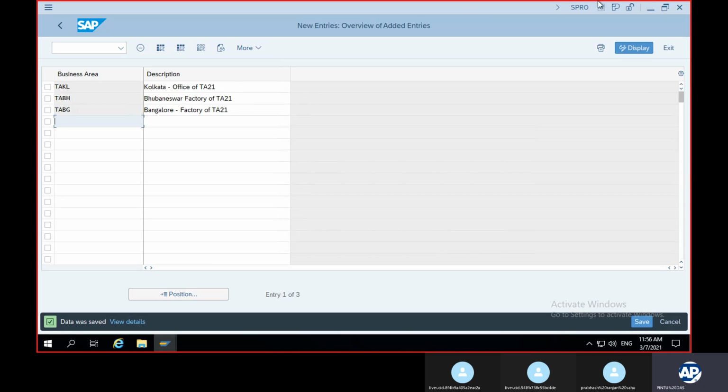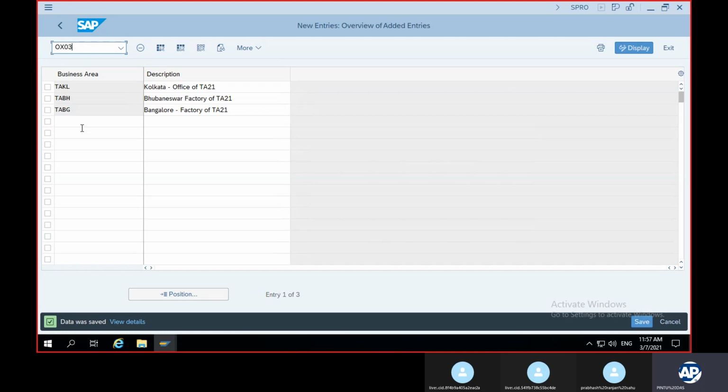The transaction code for business area, /n is common, I will not write /n anymore. The business area code will be OX03. This is the transaction code for creating this business area.